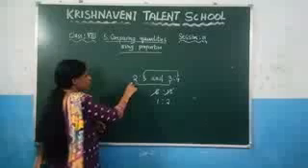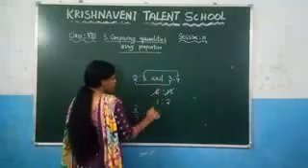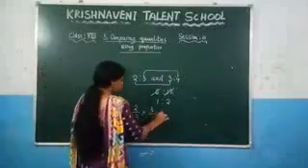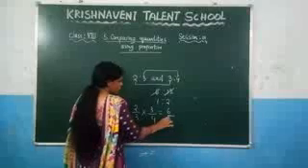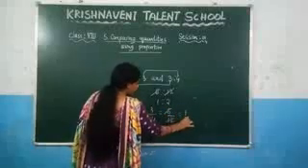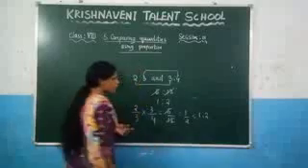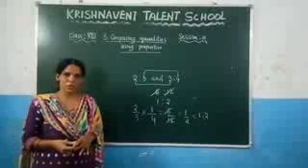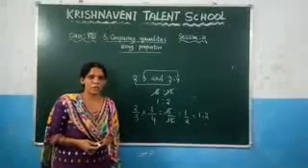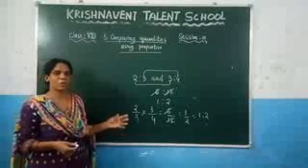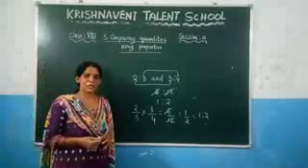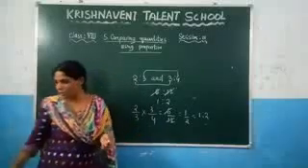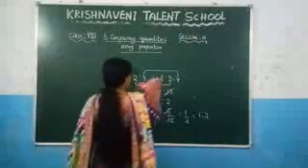Or otherwise, you can write this one as 2 by 3 and this one you can write as 3 by 4. So you need to take the product of these two fractions, so that what you will get: 2 into 3, which is 6, 3 into 4, which is 12. You will get here 1 by 2, which is 1 is to 2. Like that also you can calculate. So what is the meaning of compound ratio? You need to take the product of the consequents and you need to take the product of the antecedents, so that you will get the compound ratio of the given ratios. Or otherwise, you can take the product of the two ratios, so that you will get the compound ratio. This is the example for the compound ratio.